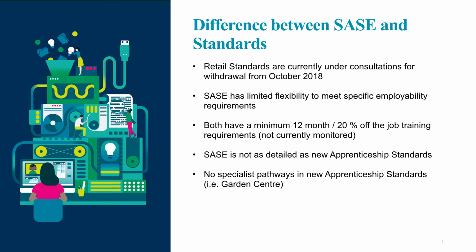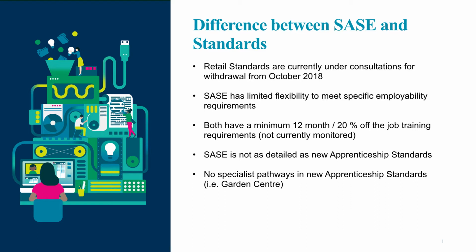So the apprenticeship standard is aimed to be tailored to the specific subsector within retail that you're working within, i.e. fashion, home, DIY, garden centres, and electronic superstores, the ones off the top of my head that I can think of as different categories. So again, you would tailor the training to meet the needs of that employer in that organisation, but the minimum requirements of brand awareness, for example, still apply. So that's where SACE had its flexibility.